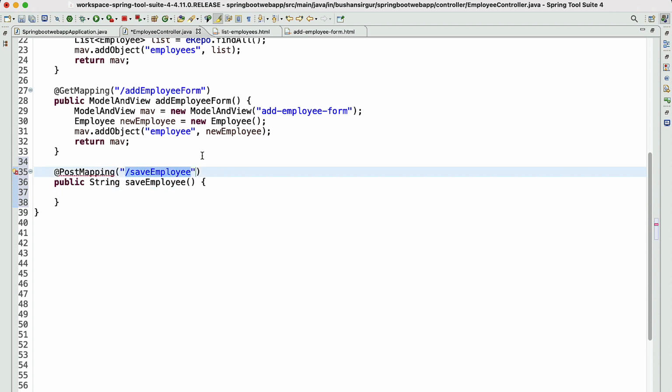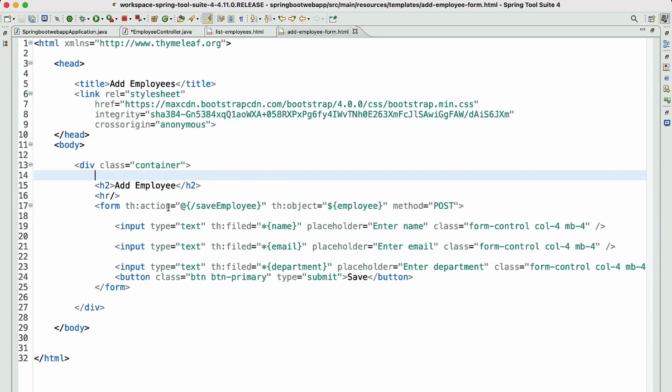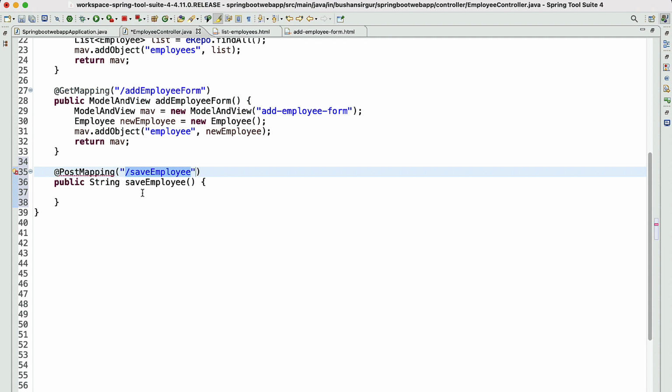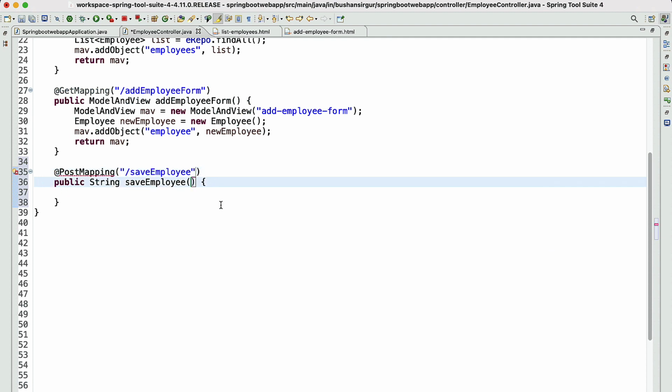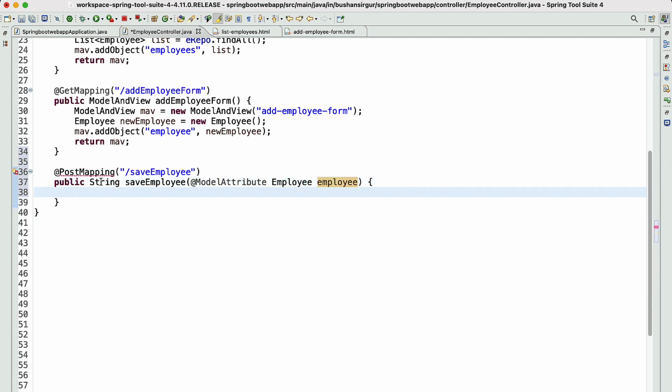This is the URI that we have provided inside the add-employee-form in the action attribute, and this is going to receive the model attribute. We're going to bind it to the employee entity class. Let's import the post mapping,